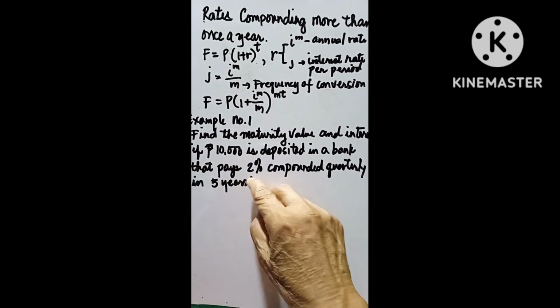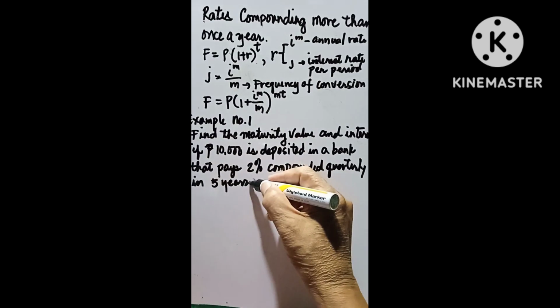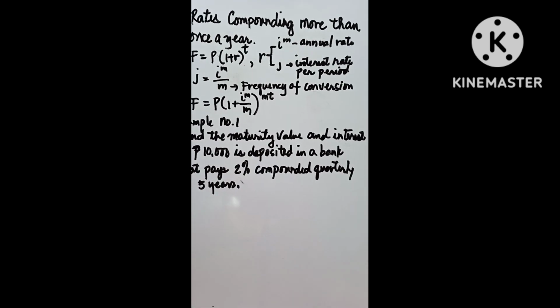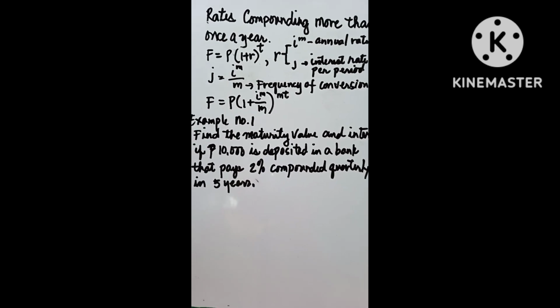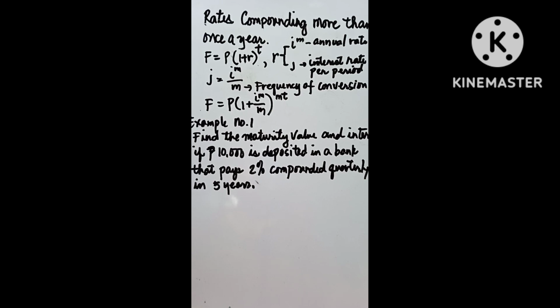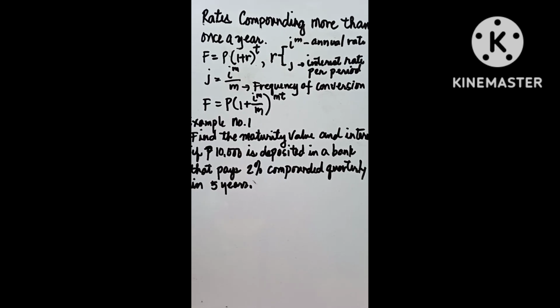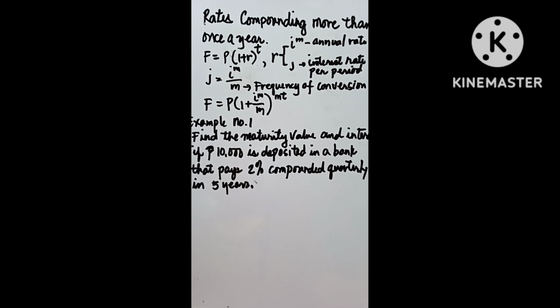Okay. Find the maturity value and interest if 10,000 is deposited in a bank that pays 2% compounded quarterly in 5 years. Okay. So the formula is